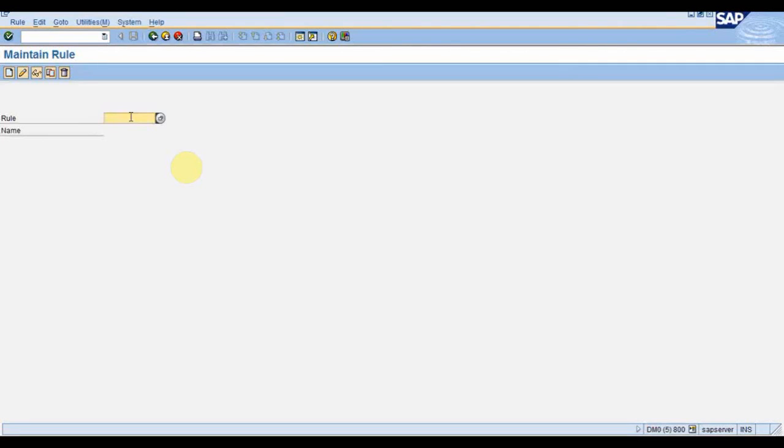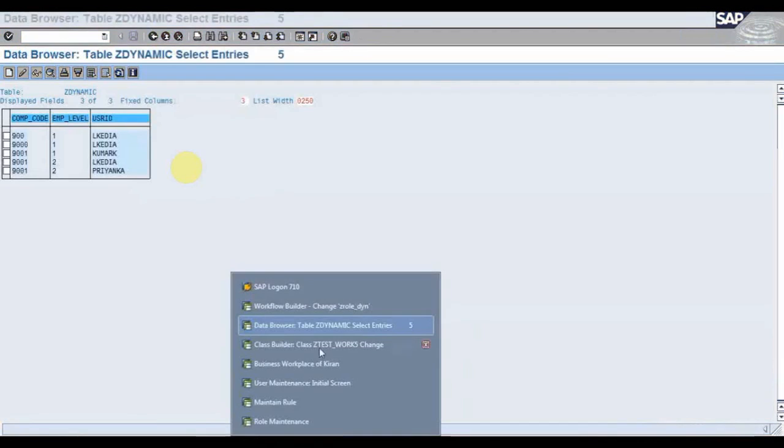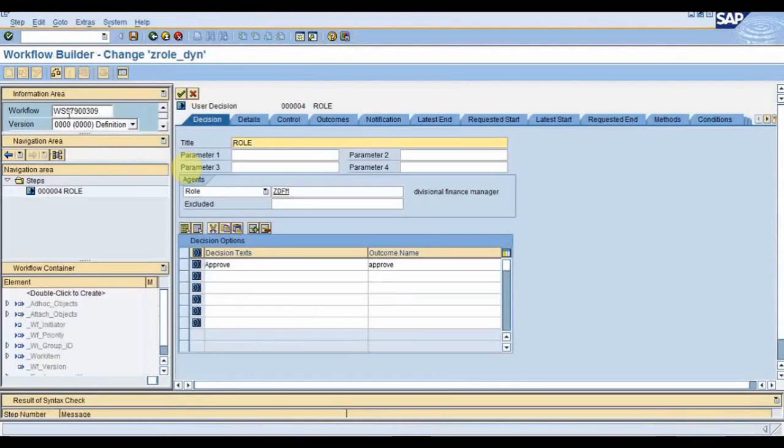You can see in the workflow builder, in the task, we have prefix number 979. This 3-digit number is system configured in SWU3. So whenever a rule is created, this prefix 979 is generated with the addition of a 5-digit number. So whenever the rule gets executed, we get this 8-digit number.